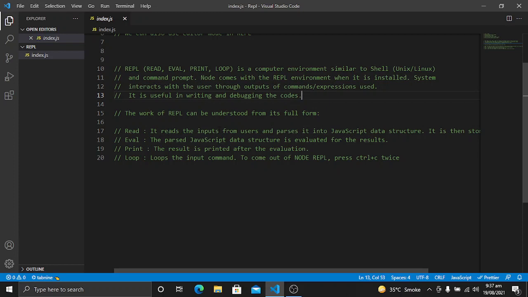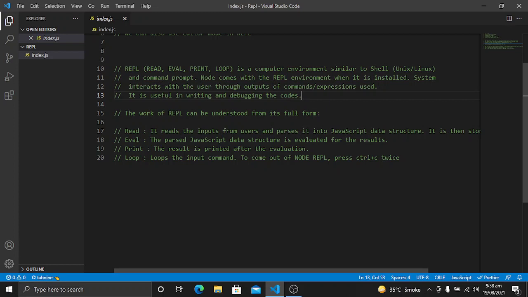It reads the input from the user and parses it into the JavaScript data structure. It is then stored in memory. So read reads the code that we write, parses it into JavaScript data structures, and then it is stored in the memory. So this is the function of read.